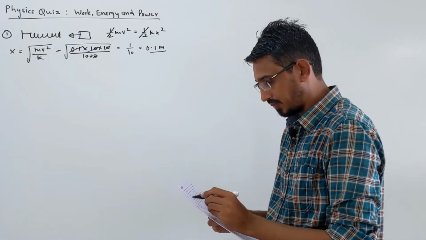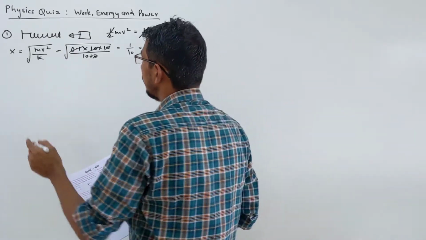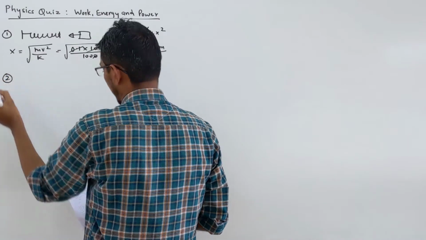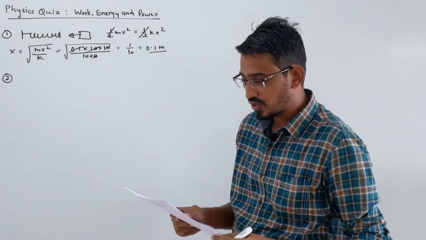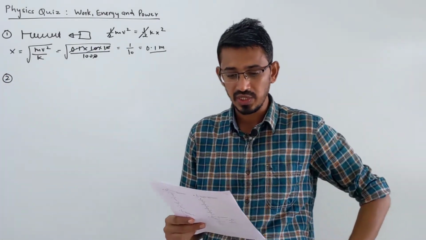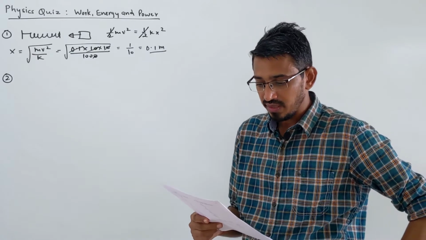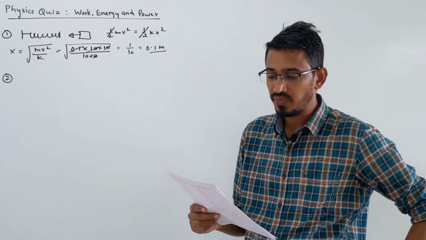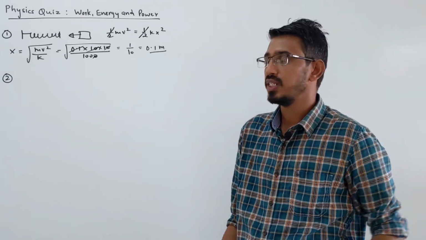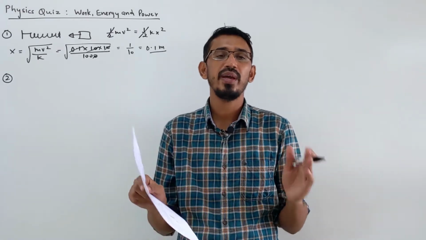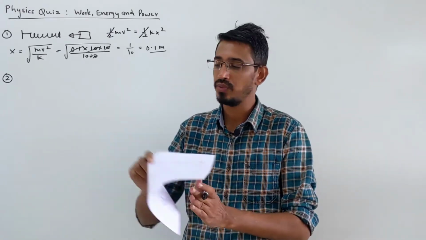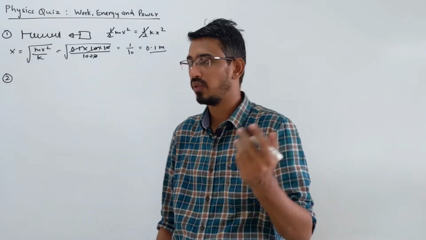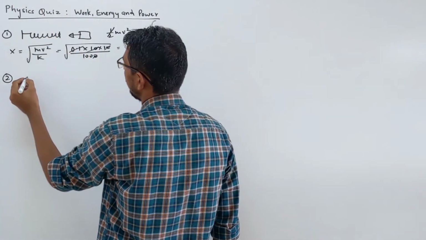Moving to the second problem, it says a spring of spring constant 800 Newton per meter has an extension of 5 centimeter. The work done extending from 5 to 15 centimeter is what? Right? The spring is already extended by 5 centimeter. You want to go from 5 to 15. How much work is done? So this I already told you directly in the classroom. So what do you do in that case?